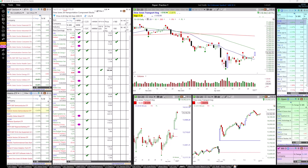All right, so pre-market this morning, I had the thought maybe the transports would play some catch up, and clearly they are. You can see that correction bar that I pointed out to this morning. So now we've got this breakout, which